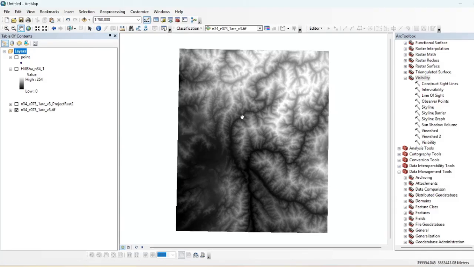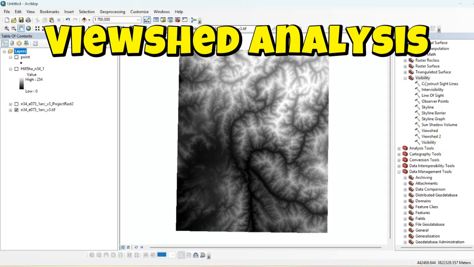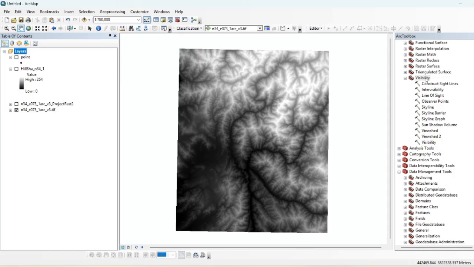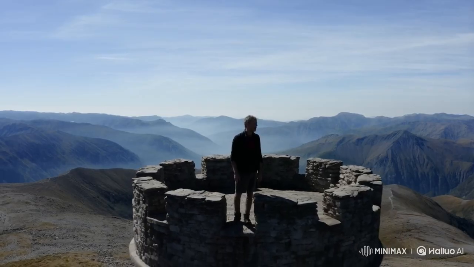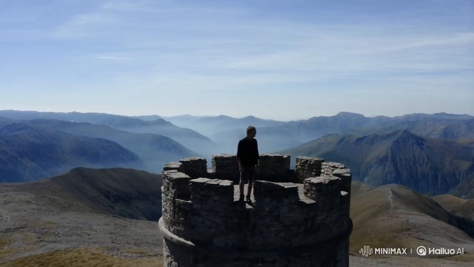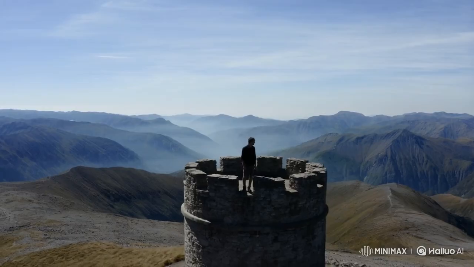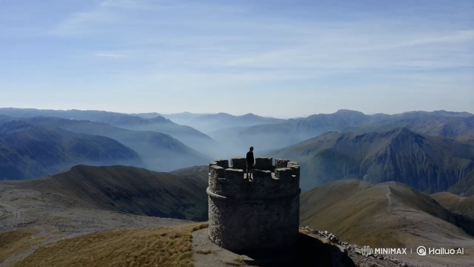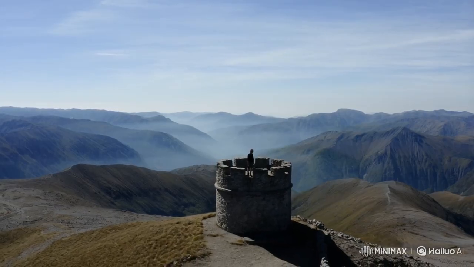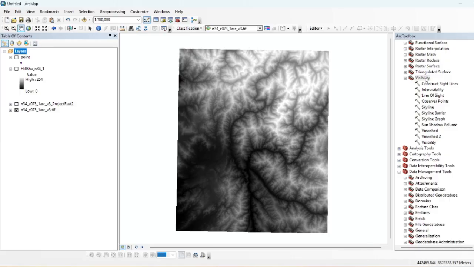So in this tutorial we will see about viewshed analysis, a visibility analysis tool in ArcGIS. Have you ever wondered about creating a watchtower on a hill, for tourism or defense purposes, and you want to analyze how far you can see the landscape if you stand on that tower? The viewshed tool in visibility analysis makes this possible without even having a watchtower there.